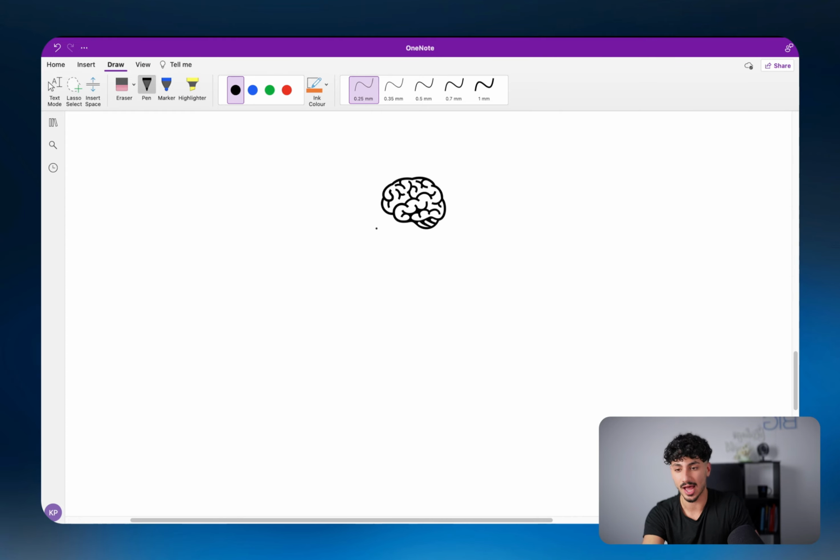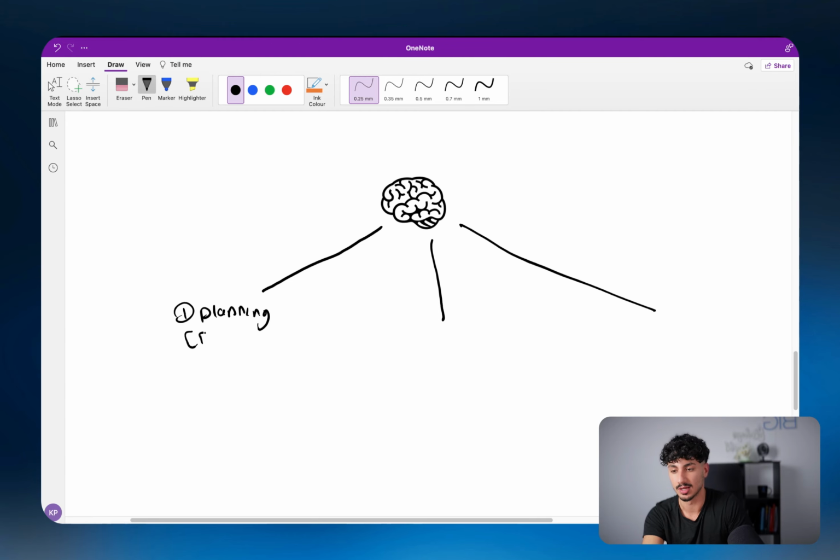So AI agents have three components or three capabilities that make them super powerful. First, the fact that they can plan, or their planning capabilities. Now, some people call this reasoning capabilities. What this basically means is, you know how I said you can give the agent an objective or like a task? You tell the agent to do X, Y, Z, right? This is the task you give it. This XYZ could be book a restaurant or whatever it's going to be, right? You give the agent an objective.